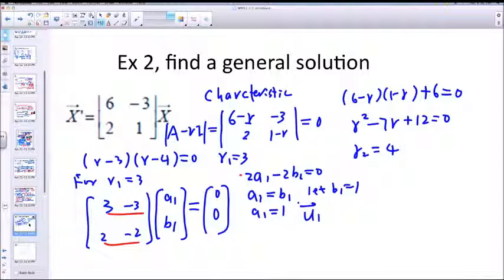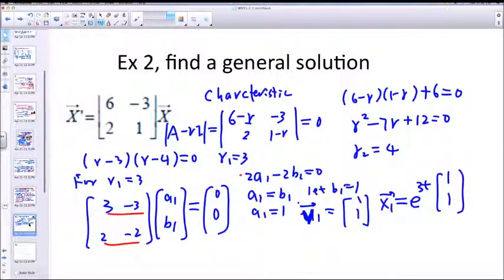Then your first eigenvector V1 is going to be (1, 1). Then your first solution is going to be e^(3t) times (1, 1). And similarly, for the second one,